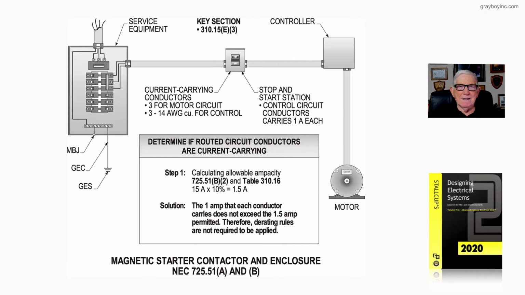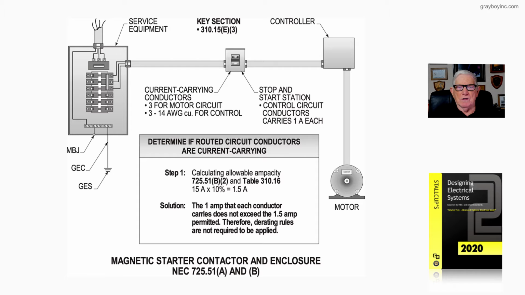Now this figure 18-59 deals with when do you have to consider control circuits current carrying. Now you notice in the illustration we have three power circuits in the conduit supplying the motor, along with three number 14 control circuits. And each one of those control circuits, as you see in the illustration, carries 1 amp each. Now, we're wanting to know in this figure 18-59, are we carrying more than 10% of the ampacity of